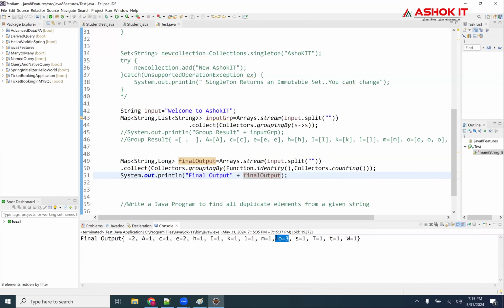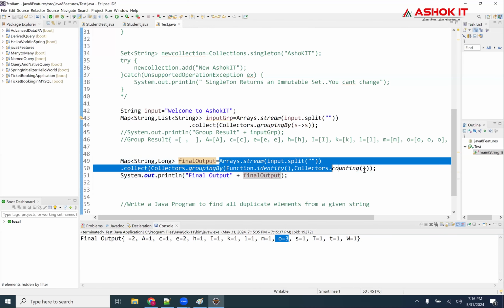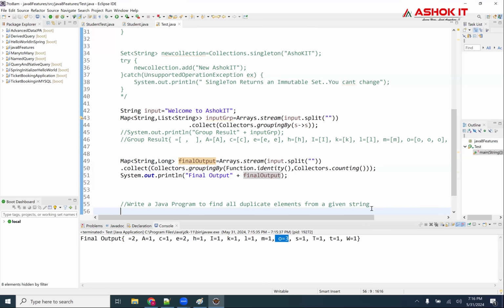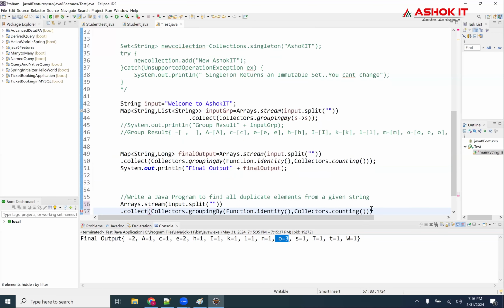So I can clearly find which characters occur more than one time. If it is more than one, I need to find that. So what I'm going to do here is use the same code, but after that we need to change it.